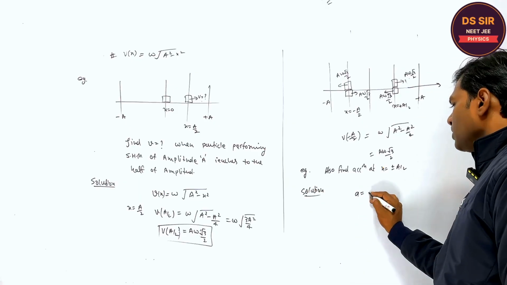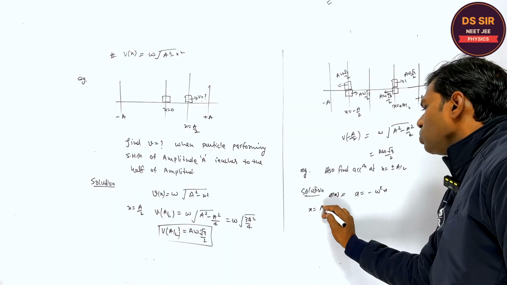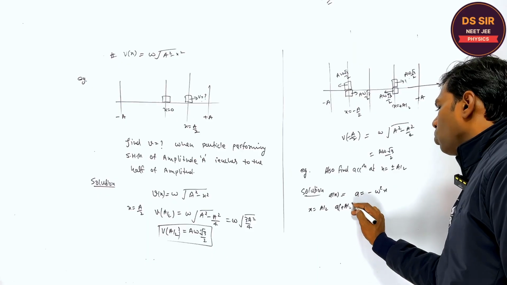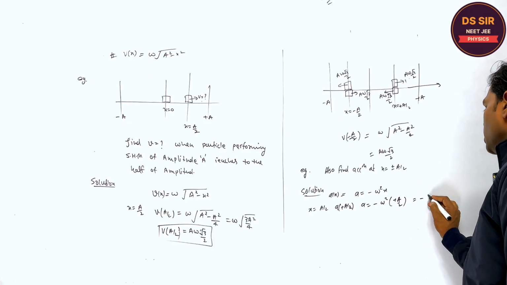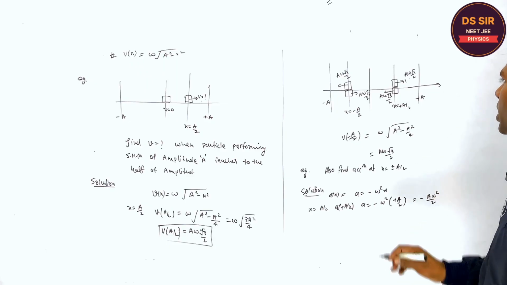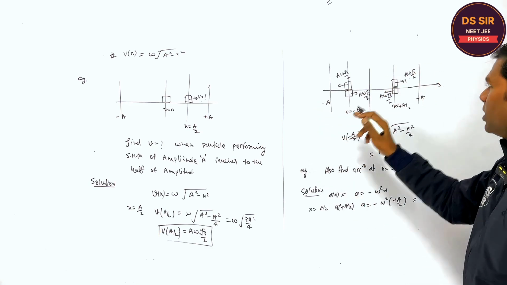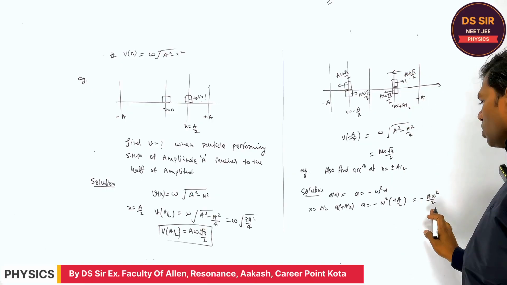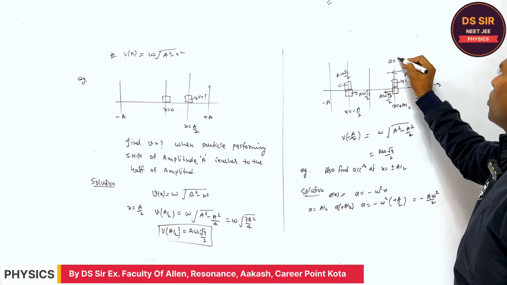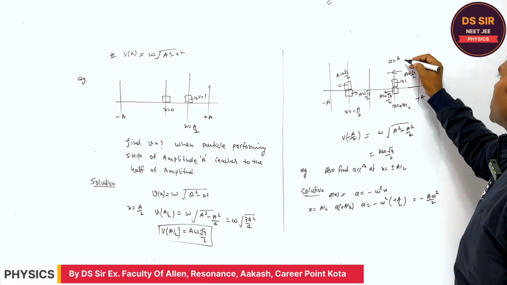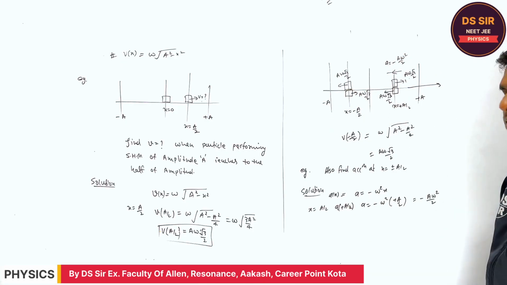Please tell. Acceleration formula is minus omega square into x. This is the acceleration as a function of x. So at x is equal to plus a by 2, what is the acceleration of this particle? Minus a omega square by 2. It means whenever it is moving towards right or left, it does not matter. The acceleration is towards the mean position, it shows, and the magnitude of the acceleration will be equal to what? A omega square by 2, and the minus sign shows towards the mean position,